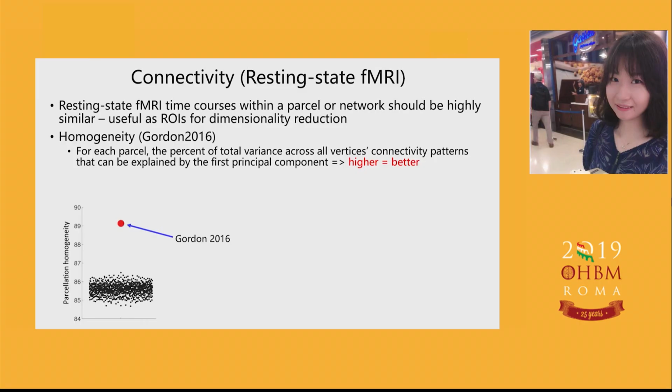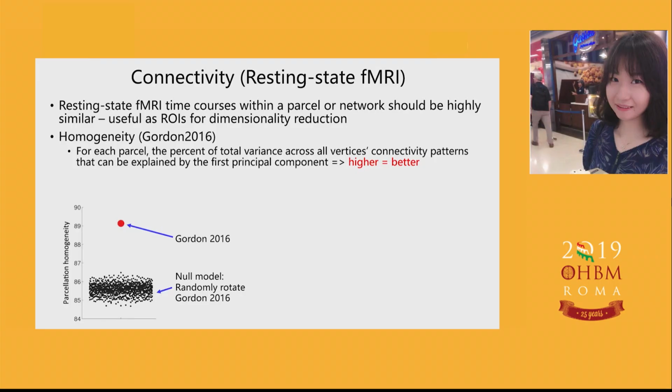In this plot, the red dots represent the homogeneity of Gordon's parcellation. The black dots represent the null model where the Gordon parcellation is randomly rotated around 1,000 times, so there are possibly 1,000 black dots here. This is important because in this random rotation null model, the parcel location is relocated, but the relative position of parcels to each other is actually preserved. In this way, we can see that the Gordon parcellation is significantly higher than the null